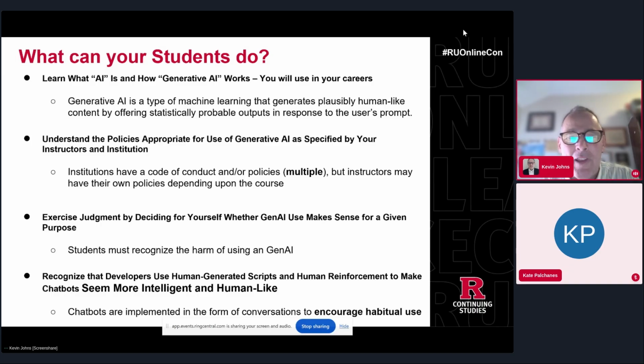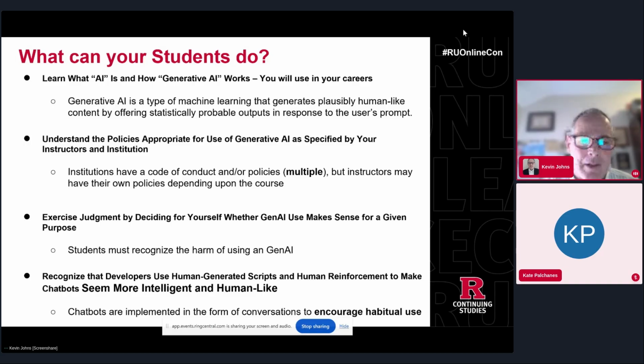Now, the last point, this is an interesting statement that I put down here. The developers, the guys that own the models, they're the ones that really own the Gen AI applications. They're the ones that create these models, and they're the ones that are educating it. They want you to use it and recognize it as if it's another person that you're talking to. So the overall goal is to make these tools more intelligent, more human-like, right?